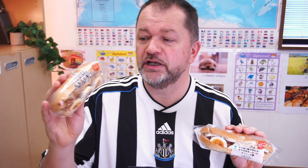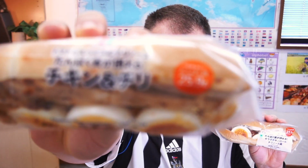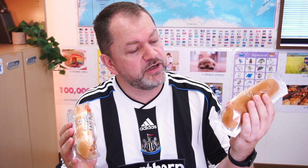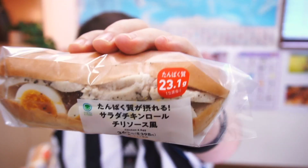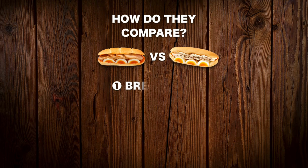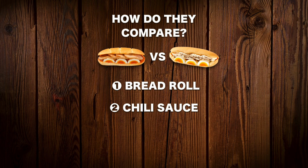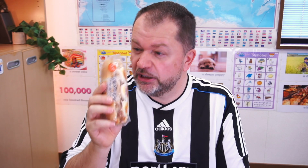The 7-Eleven one claims to have 25.9 grams of protein per serving. And the Family Mart one has a little bit less with 23.1 grams. So it's very impressive. So I'm going to break down my comparison into 4 parts. We'll look at the bread roll, the chili sauce, the boiled egg, and of course the chicken. So let's take a wee bit of a closer look at these, starting off with this one that I got